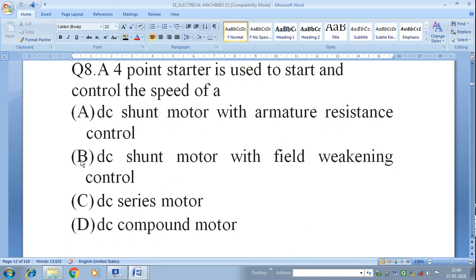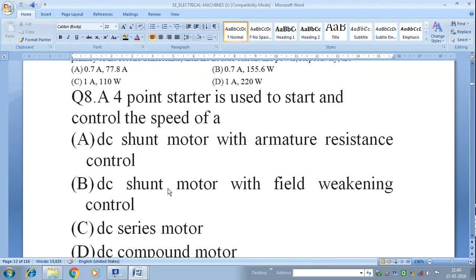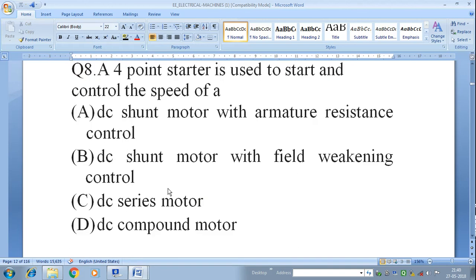So answer is B, the correct answer, that is DC shunt motor with field weakening control, because already we know that the 4-point starter is used for both purposes, that is for starting the motor and also to control the speed of the motor, because in case of 3-point starter it will try to control the speed, but